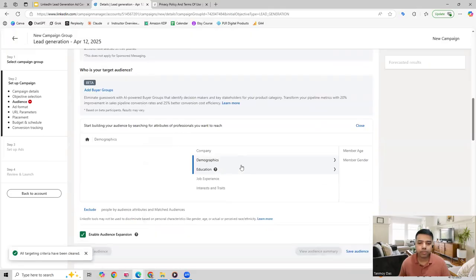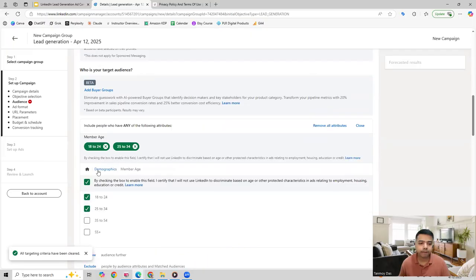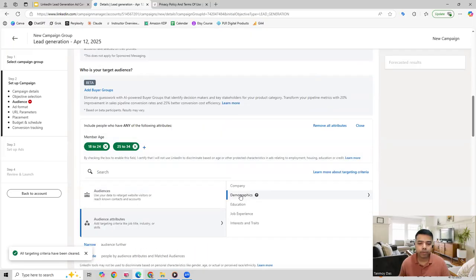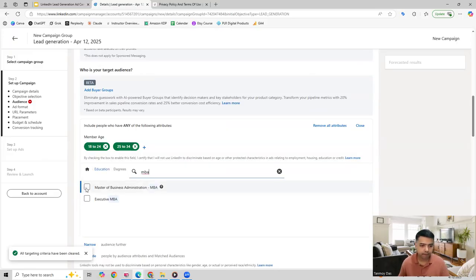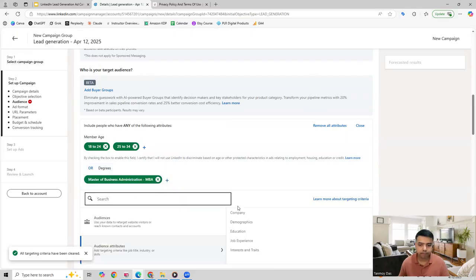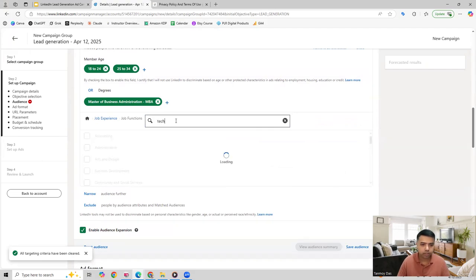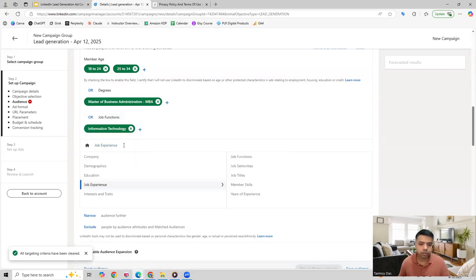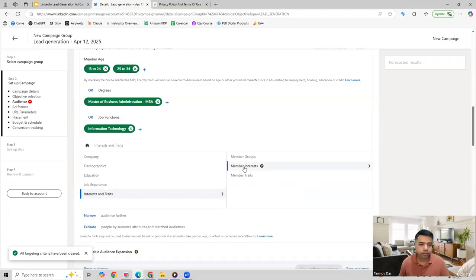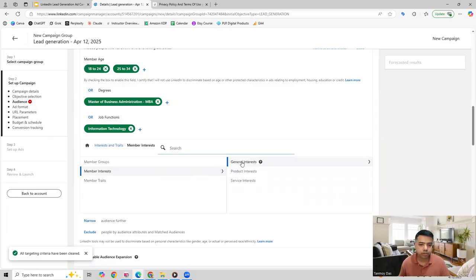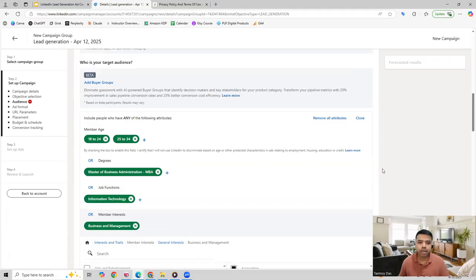where we can choose our audiences. So let's say we can choose some demographics. We can also choose education. We can also choose job experience functions. So let's say information technology. So we're choosing specific kinds of roles over here. Interest in trades. So now that we have done our audience targeting,